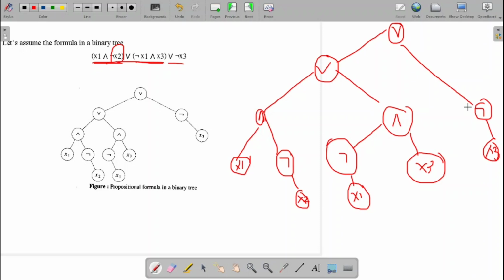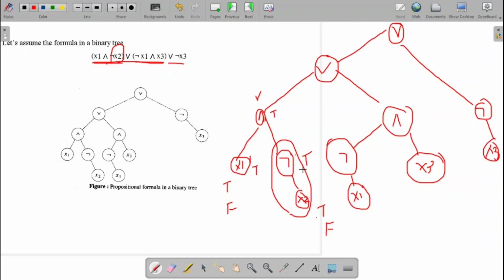Fine. So now for performing our operations, you can clearly observe. First, to perform the AND operation, we need the value from x1 that can be true or false. The other one, we need the result of this one. That is, the parent value will be calculated only if all the values for the child are known. Now x2 can be true or false. Let me have x2 as false, then not of false is true. Now let me take x1 also as true, then true and true, its result is true.